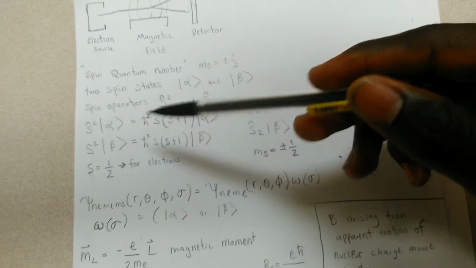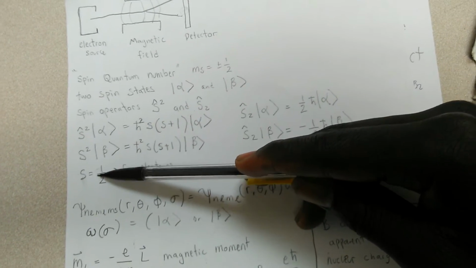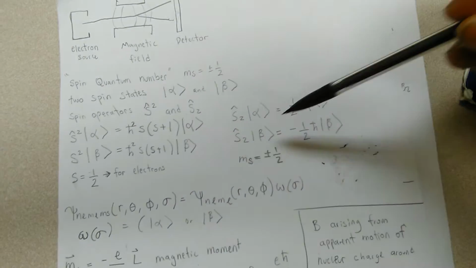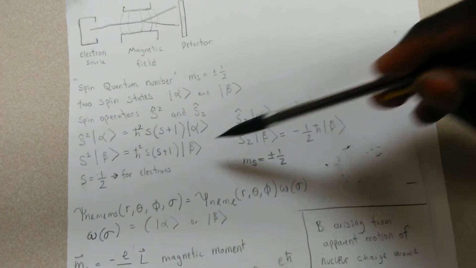If you have one electron, then the quantum number s could only take on one half, and the z component of that could only take on plus or minus one half, where alpha and beta